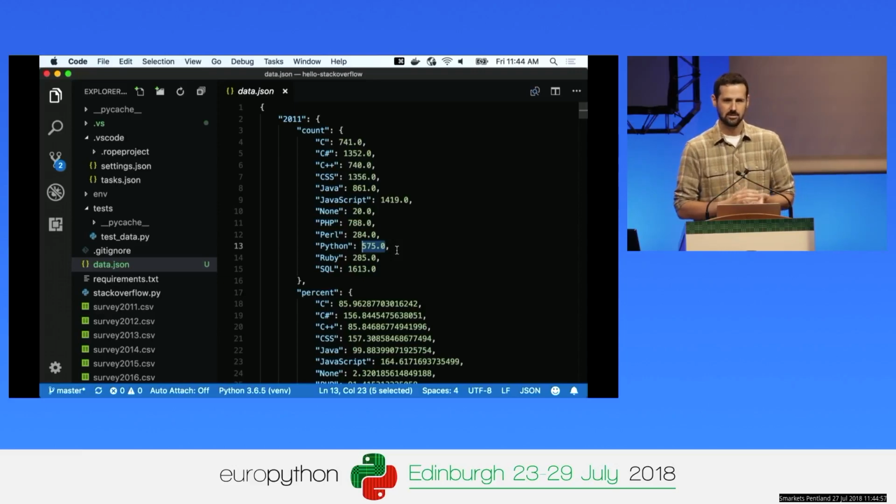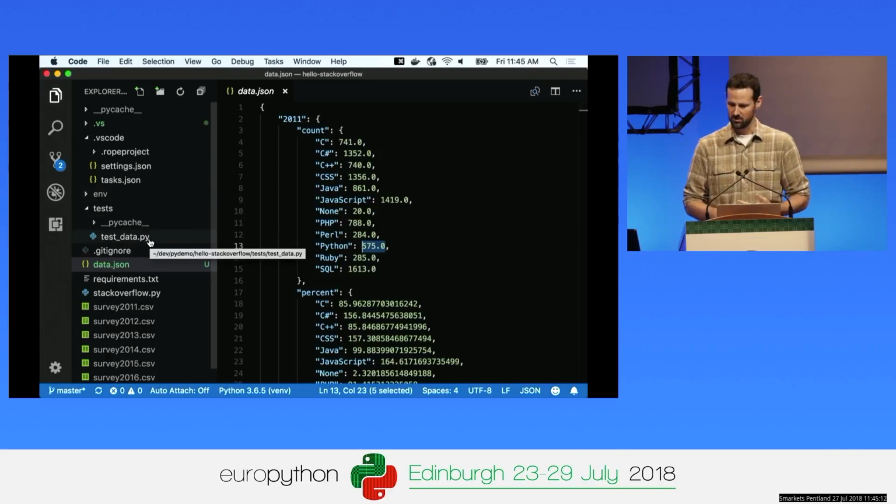Well, we run unit tests, hopefully. I was hoping someone would shout out the answer, but we've got unit tests defined here in this test folder. So Visual Studio Code has integration with unit tests. If we want to configure those,